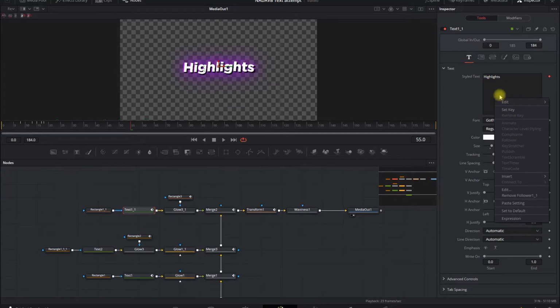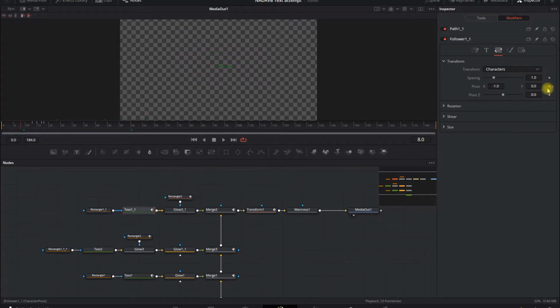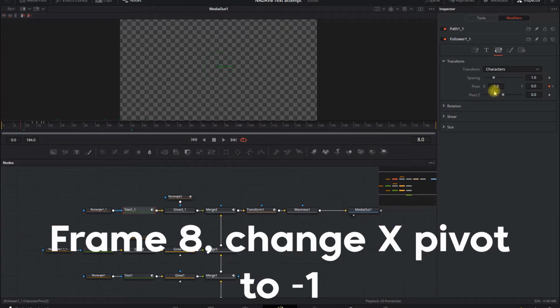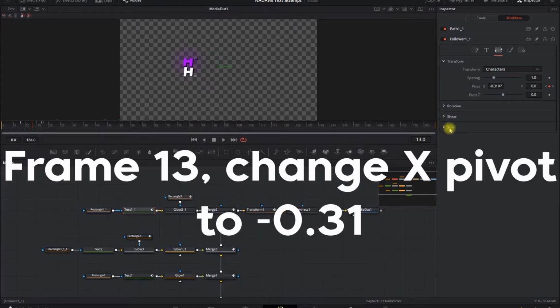You're going to right click, click follower again. So you'll go into the modifier, make the delay 3, then go into transform, click the pivot on frame 8, so you'll make a keyframe. It'll take you to path, go back to follower, then change it to -1, and then go to frame 13,